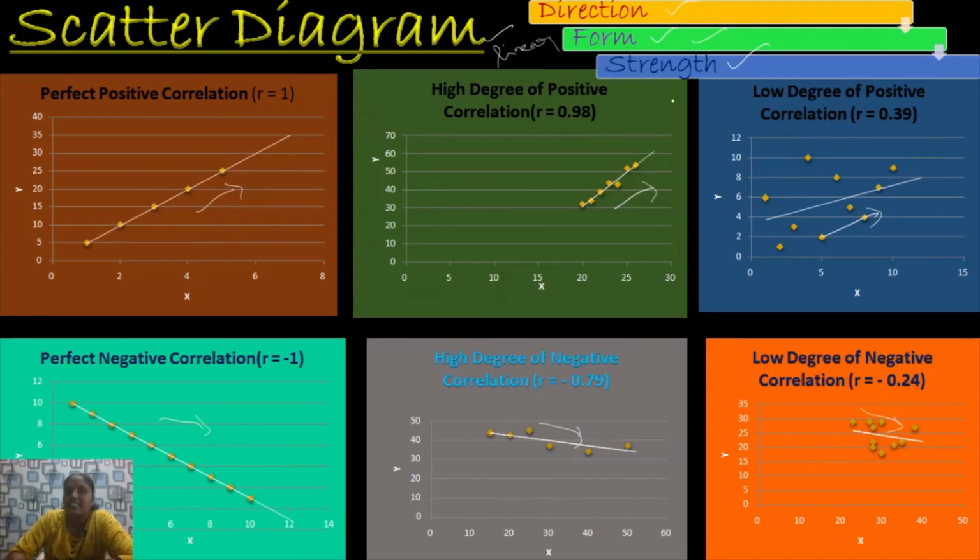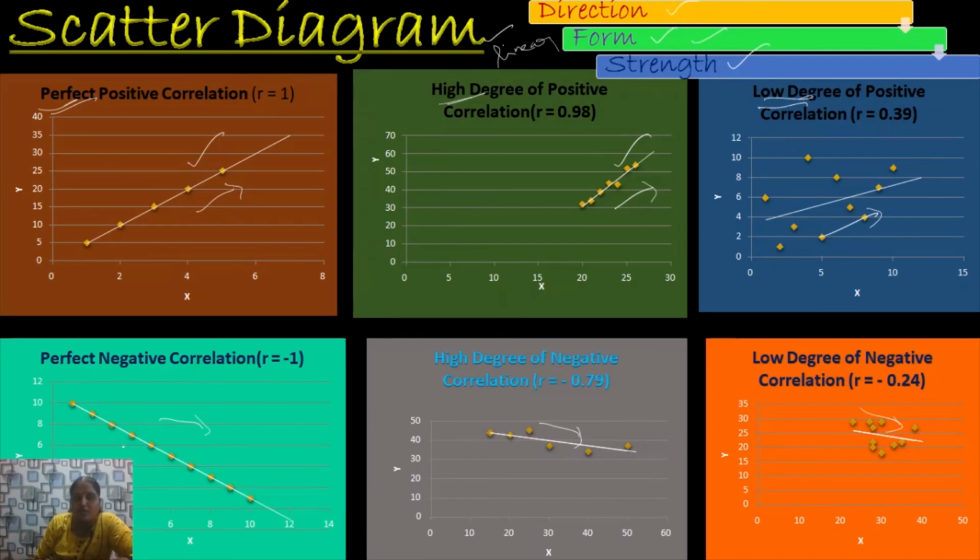The strength in the sense that whether all the points fall in a straight line, which means perfect. If there is a slight deviation of the points from the line, it means there is high degree. If the points are scattered much away from the line, it means there is the low degree of positive correlation. And in all these three cases there is an upward movement of the line. And if there is a downward movement